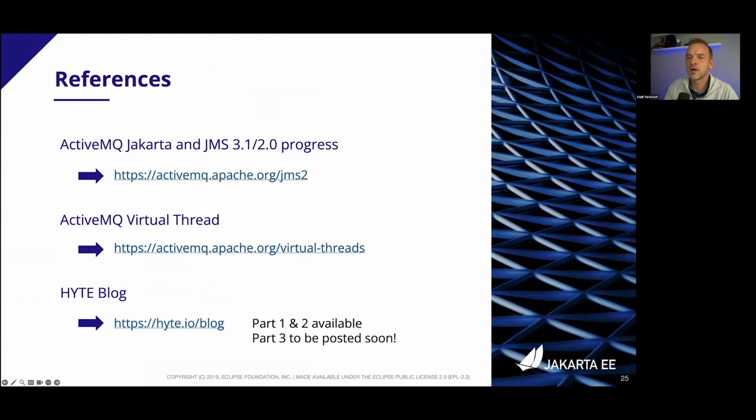And for reference, on the open source side, we've got a couple of links that are tracking the big feature work. There's a JMS2 page, which tracks the Jakarta and JMS 3.1 and 2.0 progress. There are only a couple of JMS API spec features that aren't completed yet. I think we're down to two or three. Those will be wrapped up in the next couple of point releases on the 6.0 side and also backported into the 5.18 point releases. And then the virtual thread work, right now it's in technical preview. There's a special placeholder page there that will track the progress of that release.